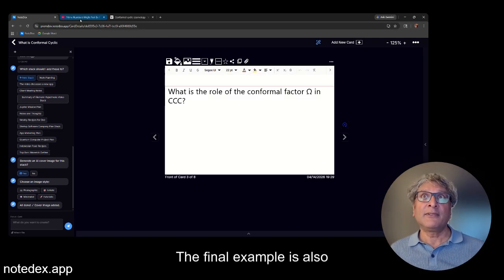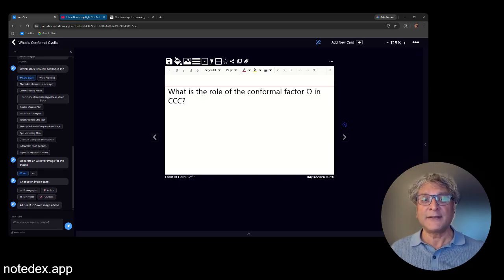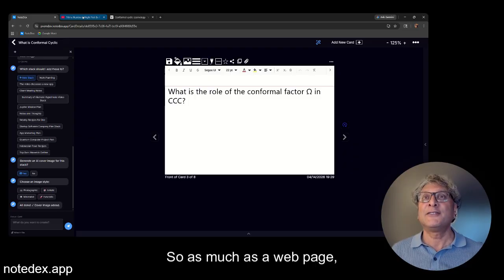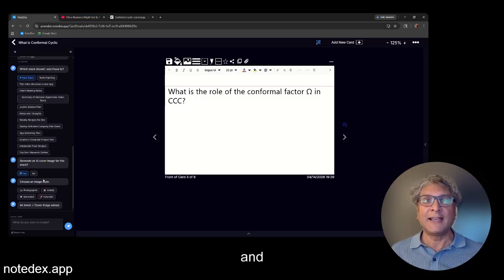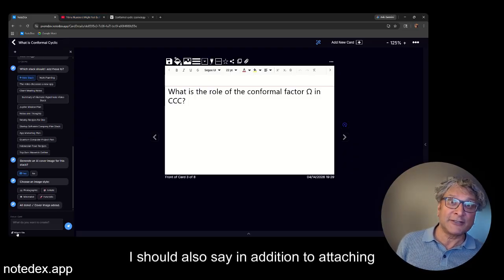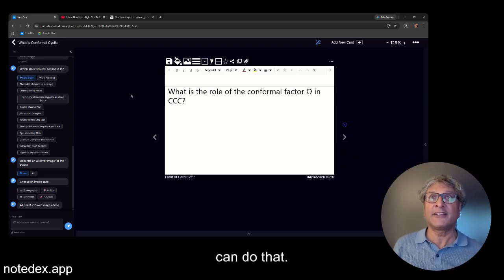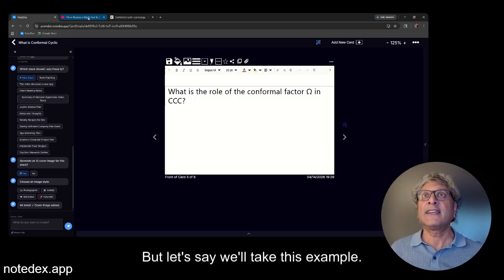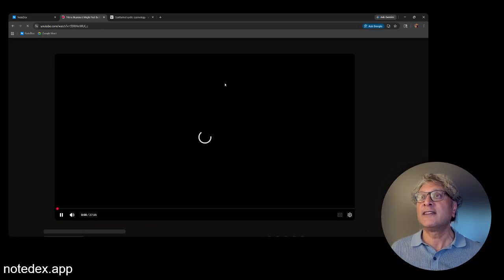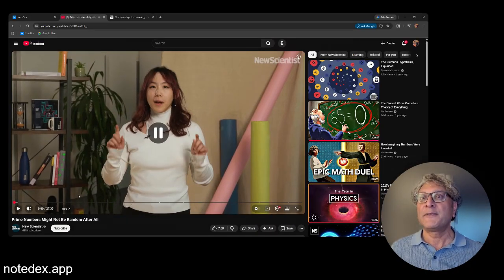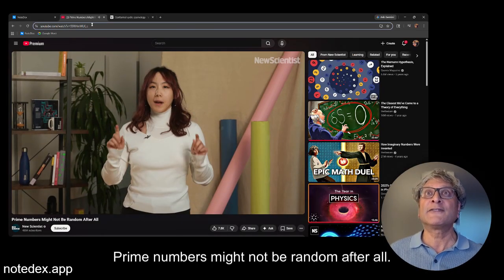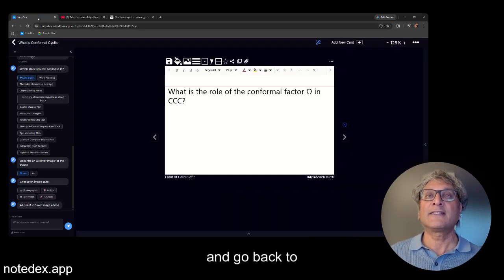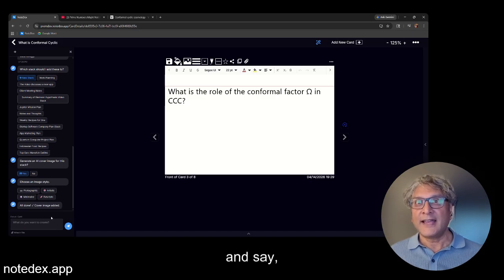The final example is also that we can ask it to summarize a YouTube video. So as much as a web page, and I should also say, in addition to attaching a file, if you want to attach a file, you can do that. Maybe you've got a Word document or a PDF. But let's say we'll take this example. This was a video about how prime numbers might not be random after all. So let's copy this YouTube link and go back to NoteDex and say,